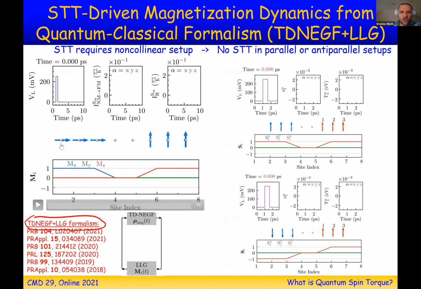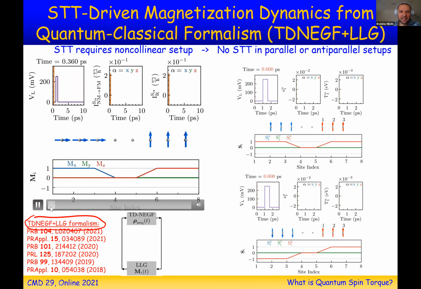And I'm going to inject electrons which are polarized along the x-axis, and they're going to hit a bunch of these free localized magnetic moments. If you sum them up, you get the free magnetization. They're going to interact, and you will see in the movie what happens. So here is the pulse, and you see very quickly I was able to flip local magnetic moments in this free magnetic layer from up to down.